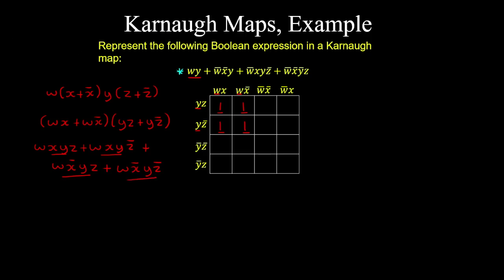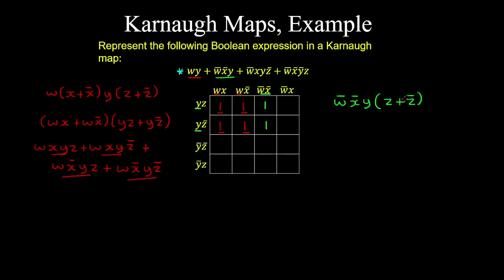And in a similar way, we can represent w bar x bar y in our Karnaugh map. So here we have w bar x bar in this term, and also y. So this is represented in the Karnaugh map as follows. So in a similar way, we can write w bar x bar y, and we multiply this by z plus its complement,